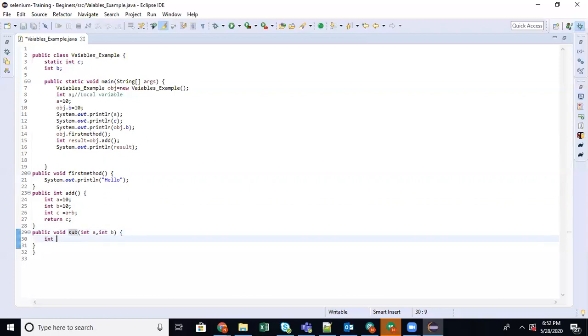Now you see, there is a variable and I have not assigned any value. But I can do operations with this variable. How? Wherever you are invoking this method, it is mandatory to give some value. Then only this method will work.